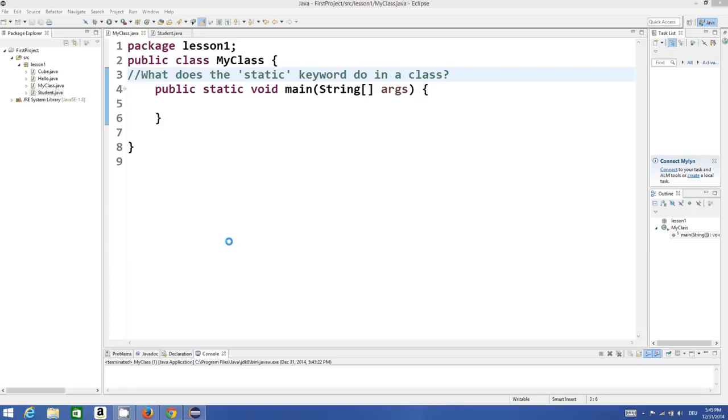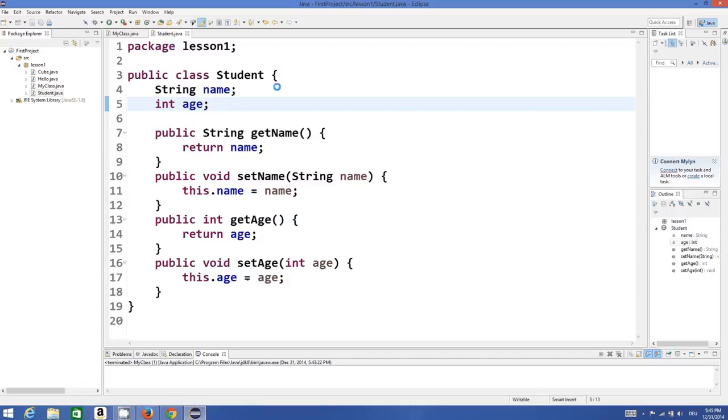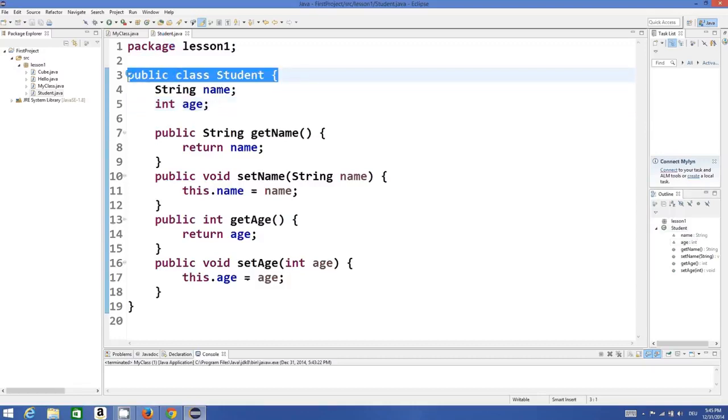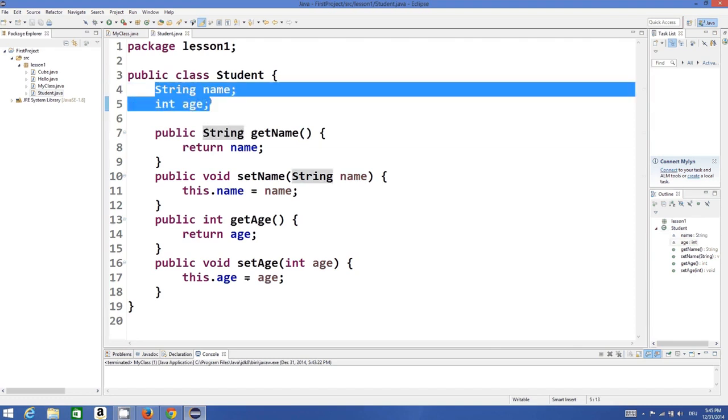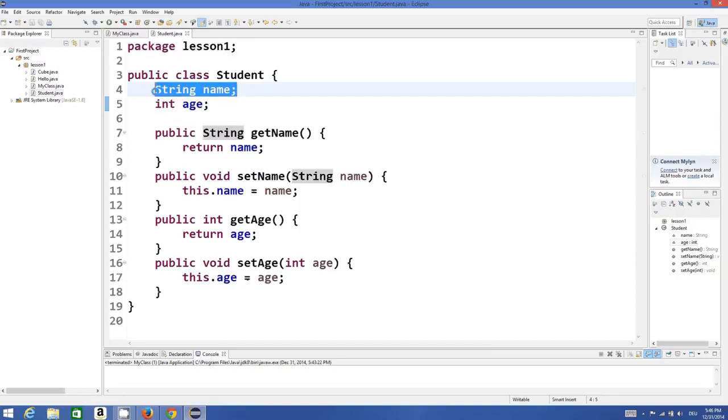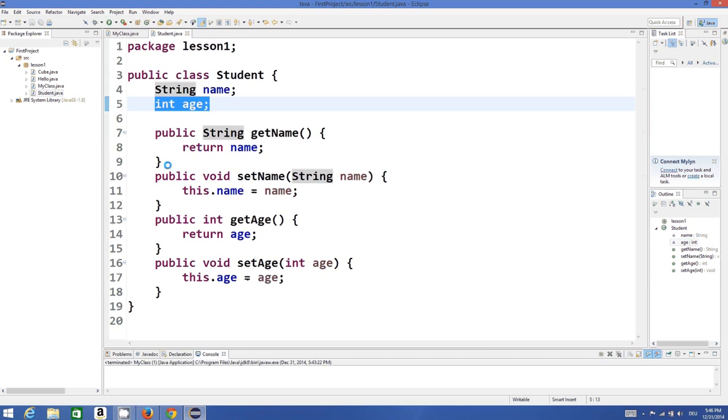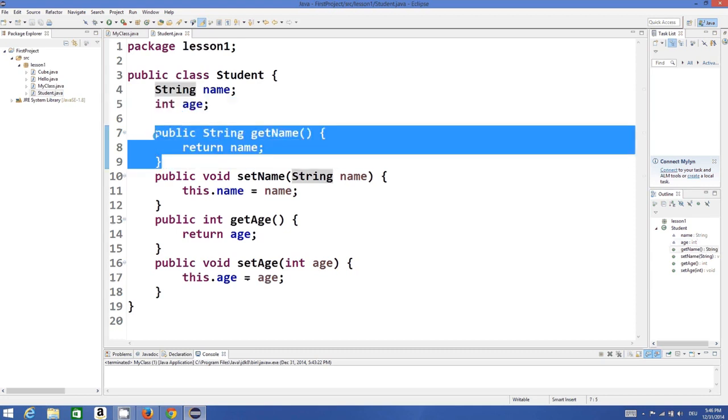In the last video we have seen what the static keyword does in a Java class. Now in this video I'm going to give one more example so the meaning of static will be more clear to you. For example, I have a class called Student, and in this class I have two member variables. One is the name of the student, which is a string, and one is the age of the student, which is an integer. And I have made the getter and setter functions of these